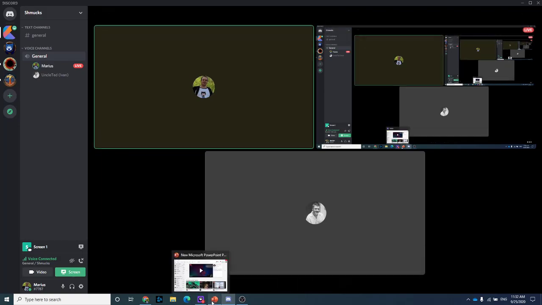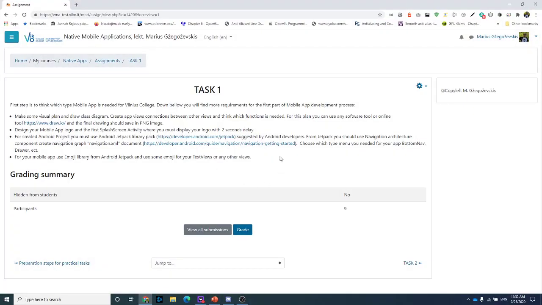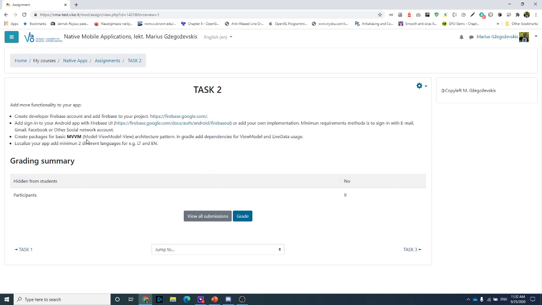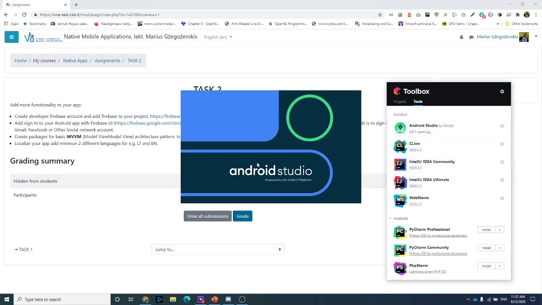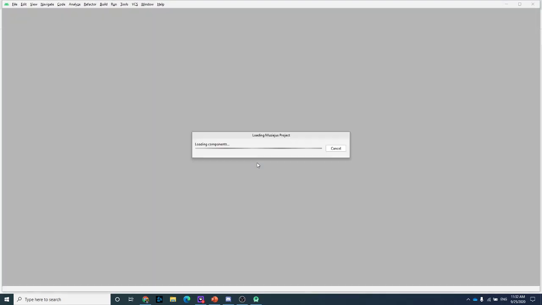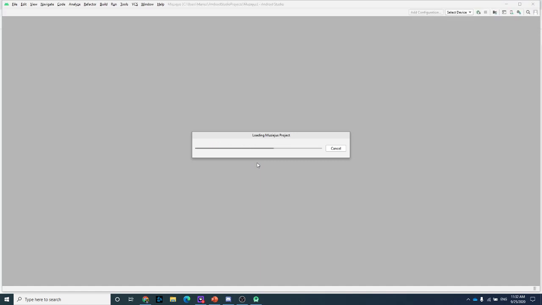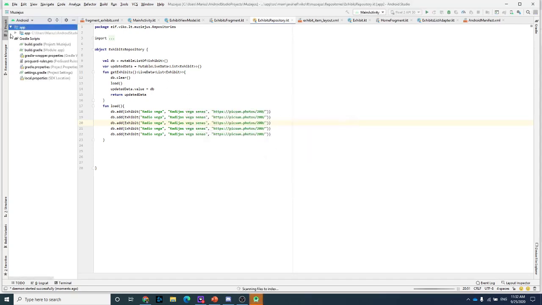Okay, today we look into the task first for navigation component architecture from Jetpack library and MVVM model or architecture pattern for Android. And first, when we open the Android Studio, we need to create our folder or packages structure for MVVM pattern, and